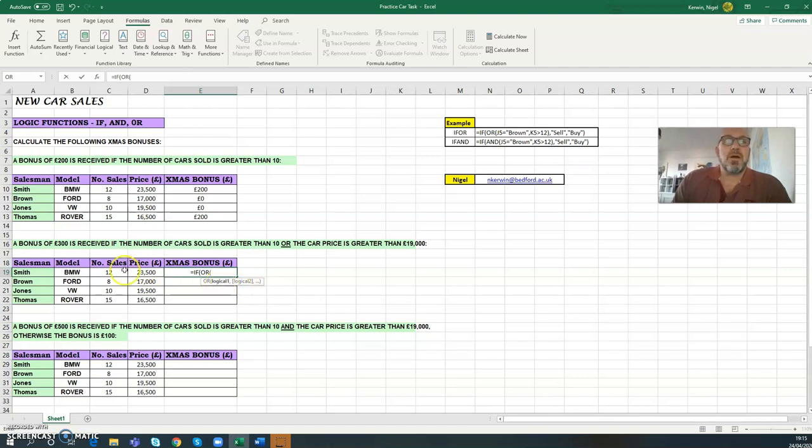So the first question we're going to ask is if the number of cars sold is greater than 10. So I'm going to click in here. If C9 is greater than 10, I'm going to put in the comma, and you can see it's highlighted question number 2. You can see straight away it's starting to ask more questions if you want, so just be careful. So the second question is the OR bit, or the car price is greater than 19,000. So click in the car price, and greater than